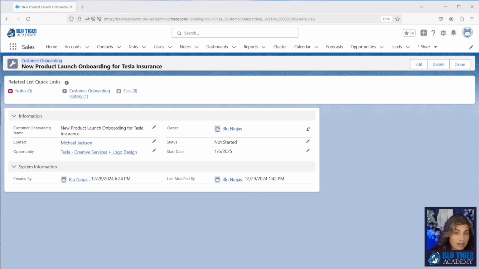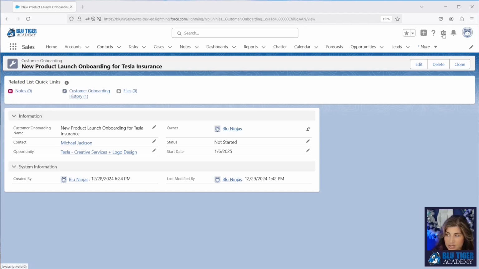Now, we don't recommend this method for any standard agreements or documents that are sent out consistently. For example, like an MSA or an SOW, where you could possibly be pre-populating data from your opportunity or from the account records. That really needs to be a standard template that you set up in the DocuSign envelope template object. So just keep that in mind when you're trying to figure out which method you should give to your user. This method that we're going to show you here allows the user full control over signature tags, recipients, and which document is being uploaded, which you may or may not want to give them.